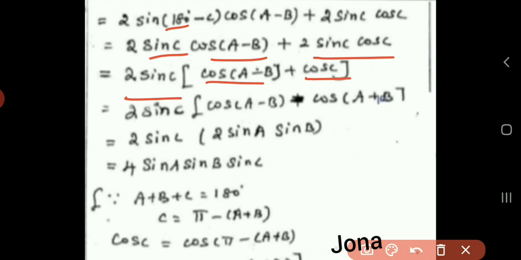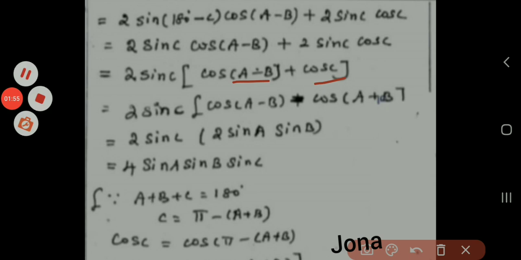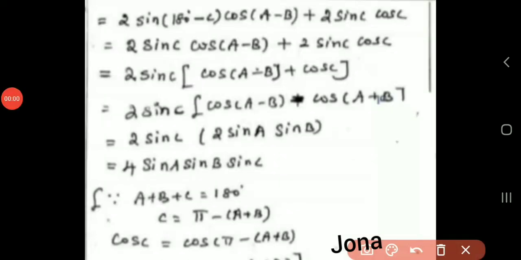Now we have in the form of cos C plus cos D. Cos C plus cos D. So the formula for the cos C plus cos D is in that second set of the formula we have half into cos of (a minus b) minus cos of (a plus b), which is equal to this. Cos c can be written as pi minus of (a plus b), isn't it? So here if you put pi minus of (a plus b),